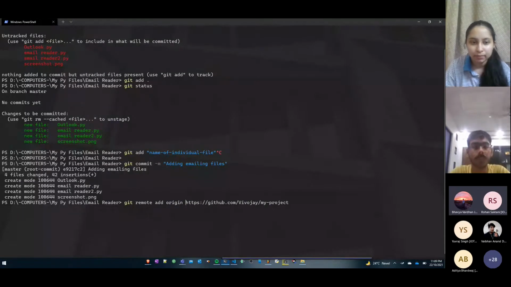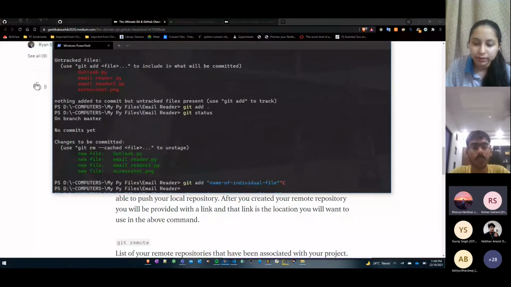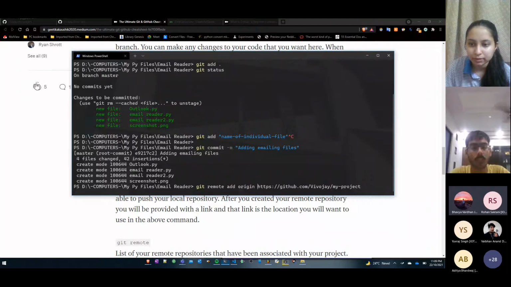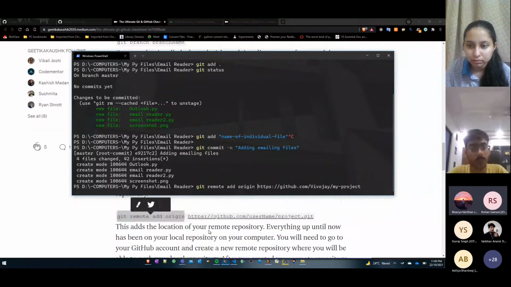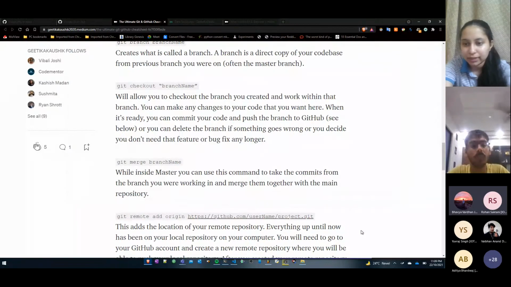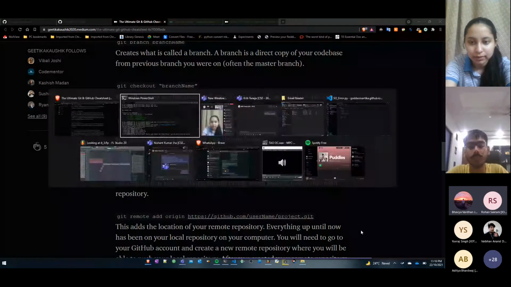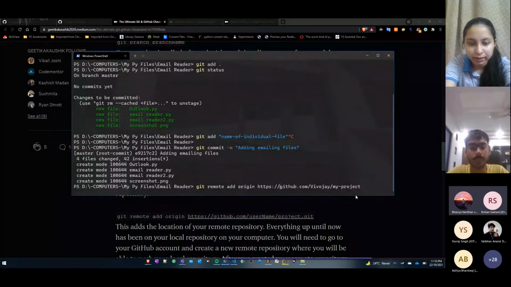I have shared the command also: git remote add origin, then in inverted commas the https URL. There is a small error in the code I have shared. It is not a colon, it is inverted commas. So please ensure that you correct it.